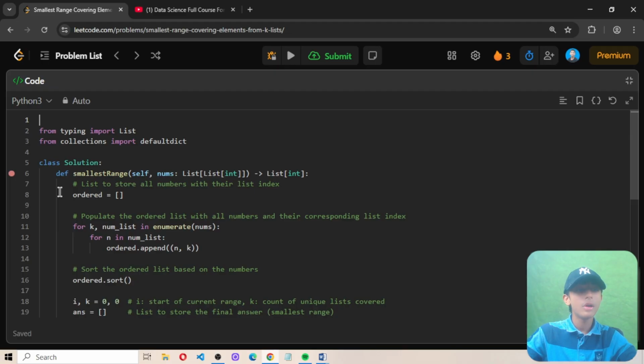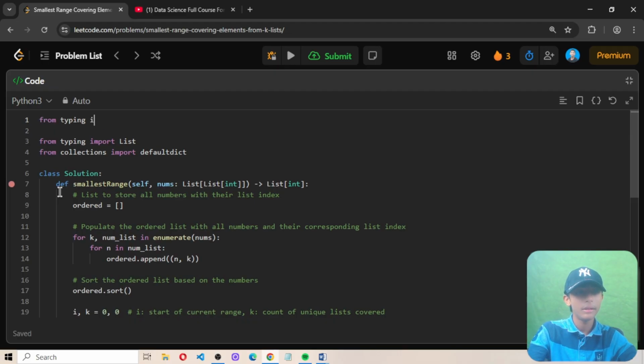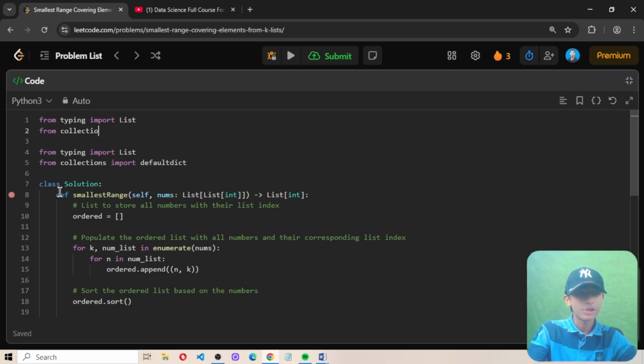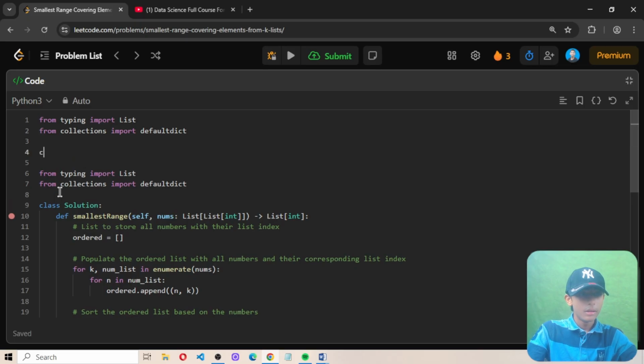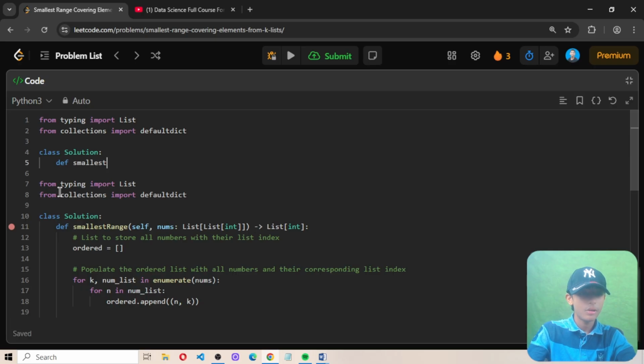So first of all, what are we going to do now? First of all, we define from typing import List. Define from collections import defaultdict. Then here I define class Solution, def smallestRange(self, nums: List[List[int]]) -> List[int]: